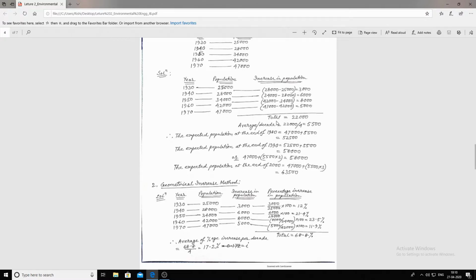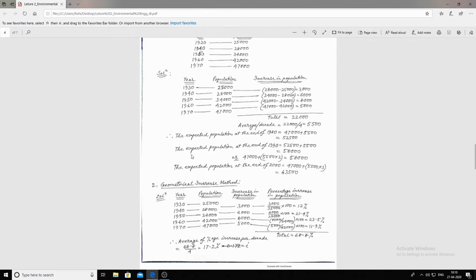In this manner, we have calculated the increase in population for the following decades. Now, the total increase in population has become 22,000 over the period of 40 years, that is 4 decades. Hence, the average increase in population per decade has become 5,500 as you see here. Therefore, the expected population at the end of year 1980 is equal to 47,000, the baseline population, plus the per decade increase of 5,500. Hence, it becomes